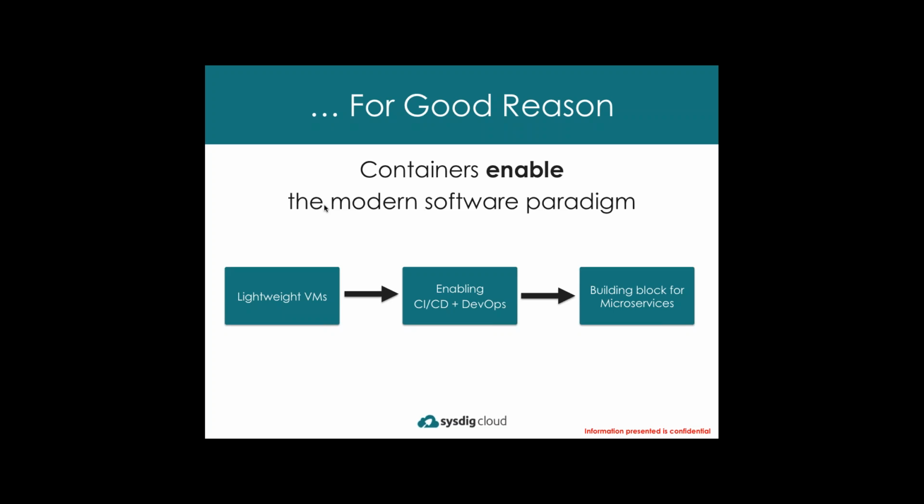And where this gets really interesting, I think, is in kind of the third evolution of value, which is containers as a building block for microservices. Now, this is where you start to apply orchestration tools on top and get a lot of the benefits of scale and automation that come from reorienting your architecture around microservices. I think we're just starting to see the beginning of adoption around microservices. I think 2016 has a good chance to be the year of microservices.